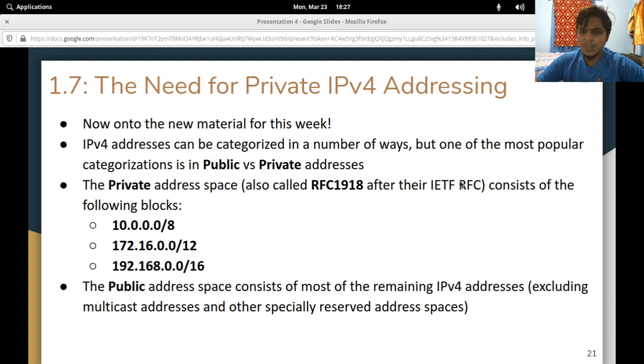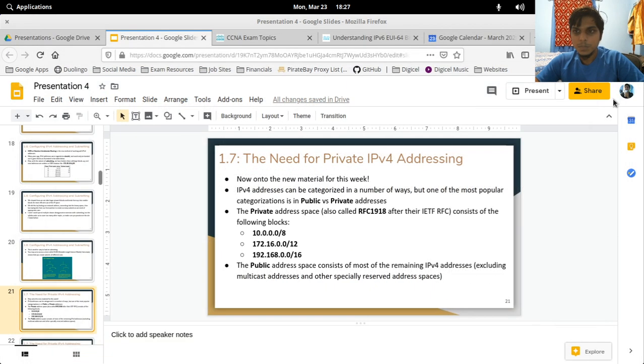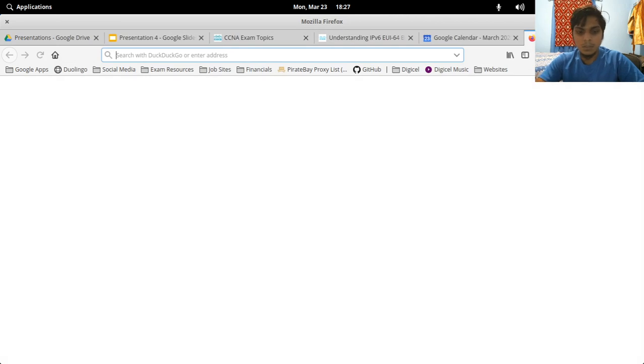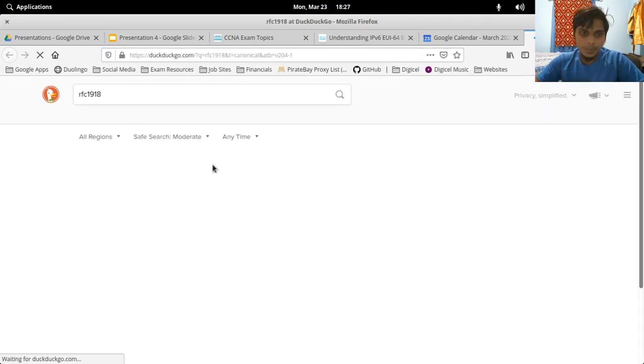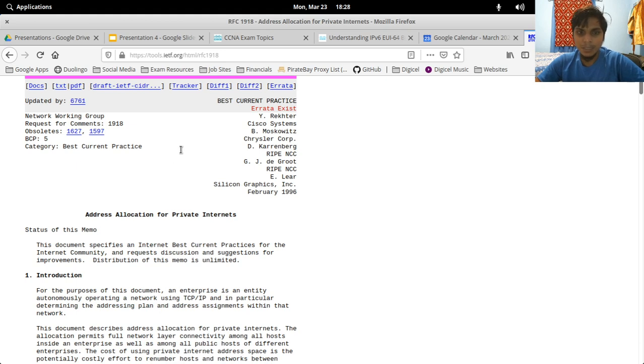So for those of you who have never seen an RFC, let me pull up one now. Actually, I'm going to pull up this RFC now. RFC 1918. Right. So the RFCs are freely accessible. Just Google whatever RFC you want to read and it'll come up. So this is what an RFC looks like. All of them look exactly like this. So you see request for comments, RFC, and the number, RFC 1918.